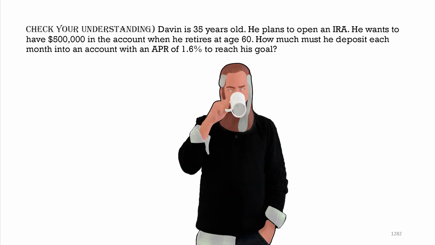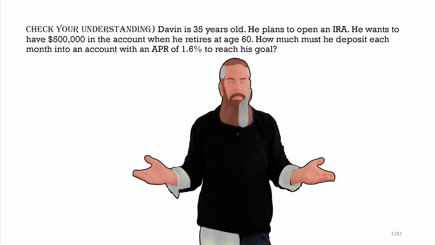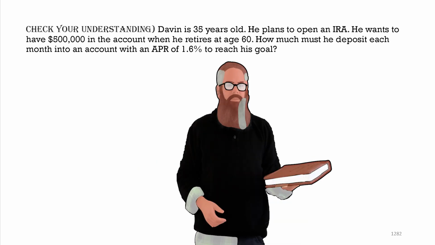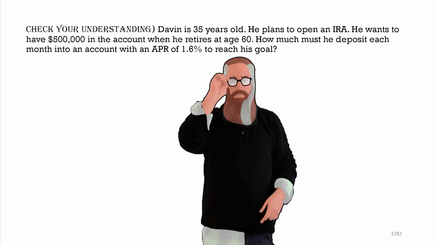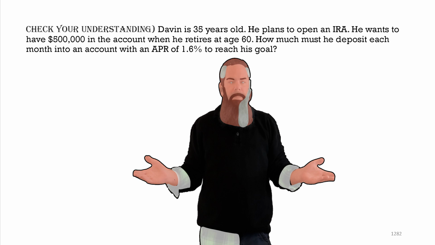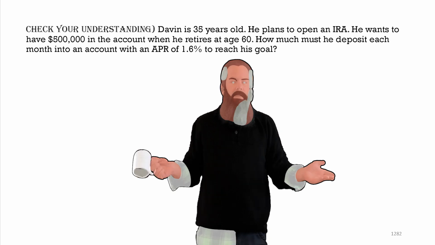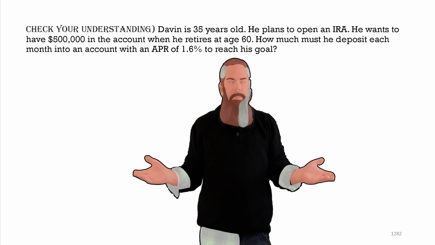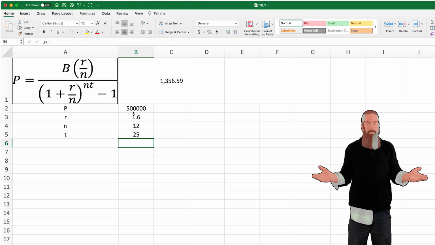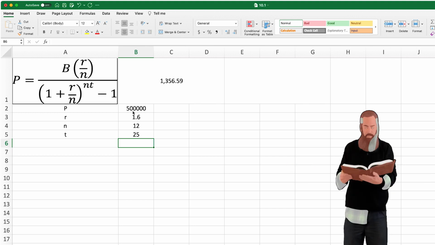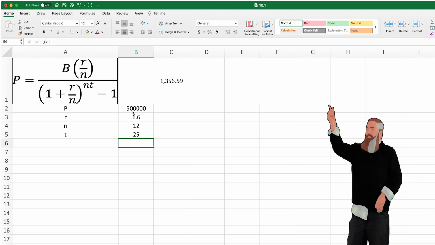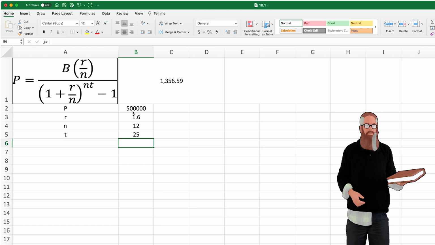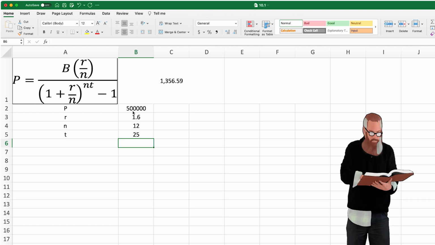Let's check our understanding by looking at Devin. He is 35 years old. He plans to open an IRA. He wants to have $500,000 in the account when he retires at age 60. How much will he deposit each month into an account with an APR of 1.6% to reach his goal? Now, we've already built an Excel spreadsheet, so we should go ahead and use that. We can simply put in 500,000 into the P, 1.6 as the percent into the rate, 12 for compound monthly, and 25 years for how long he has, which is